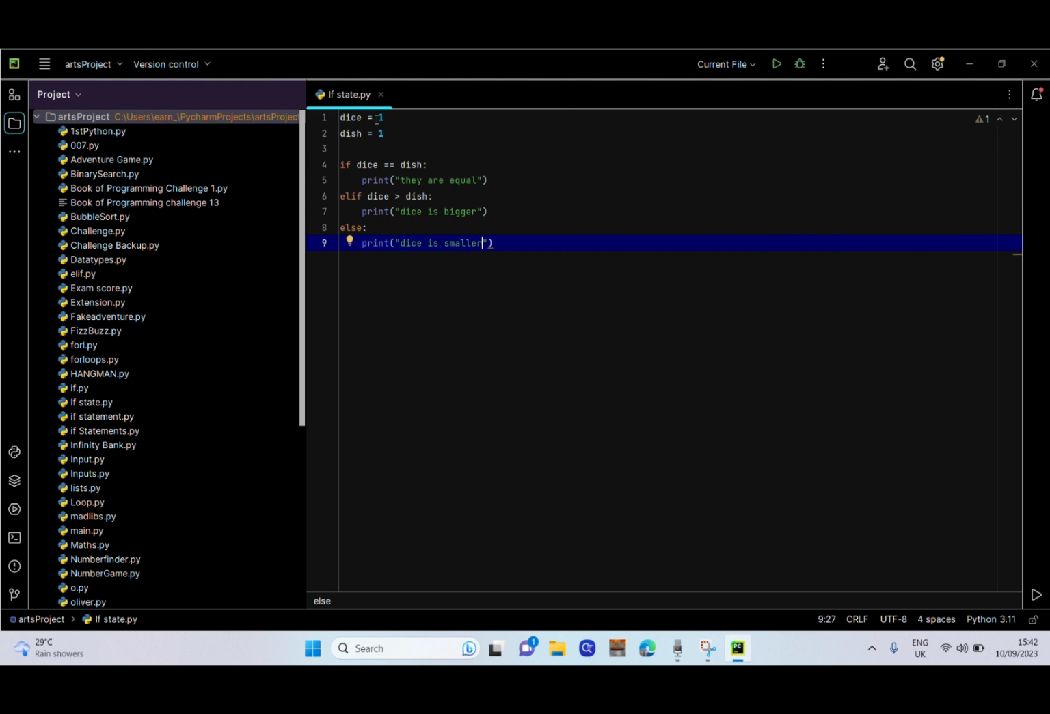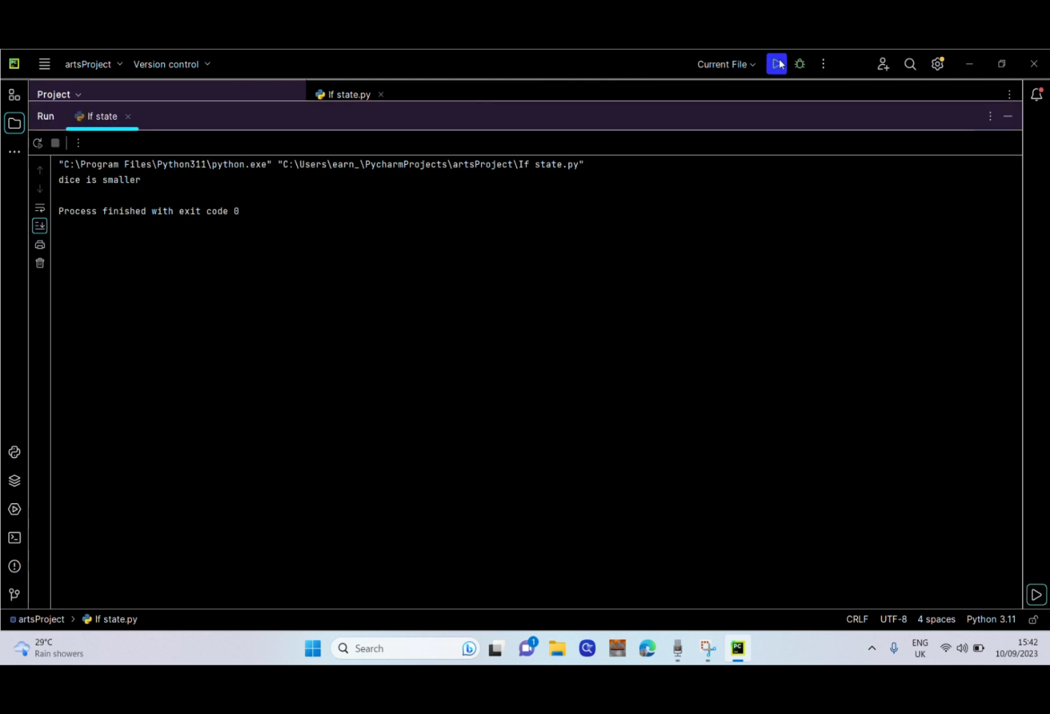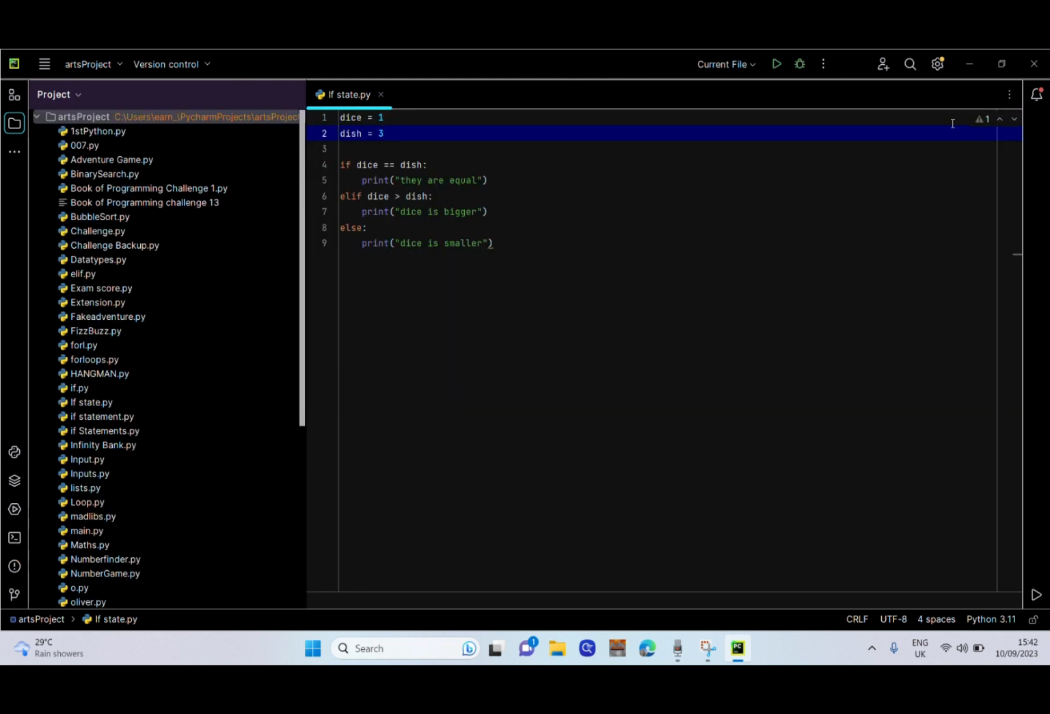Now, right now, dice is 1 and dish is 1, so it should print they are equal. So now we can change it to dish is 3. We will say dice is smaller. But